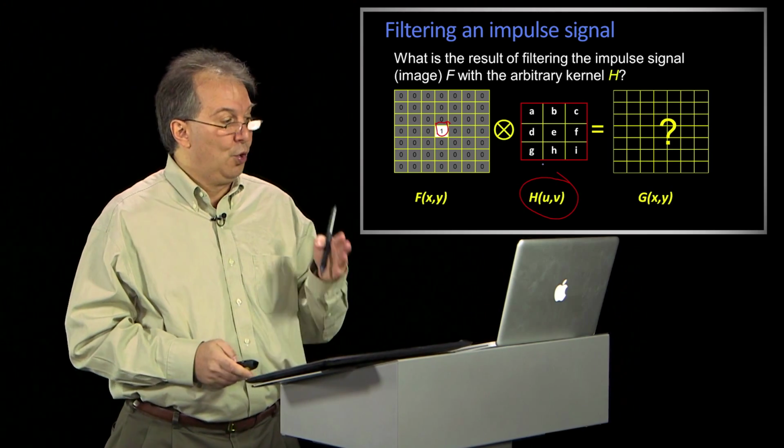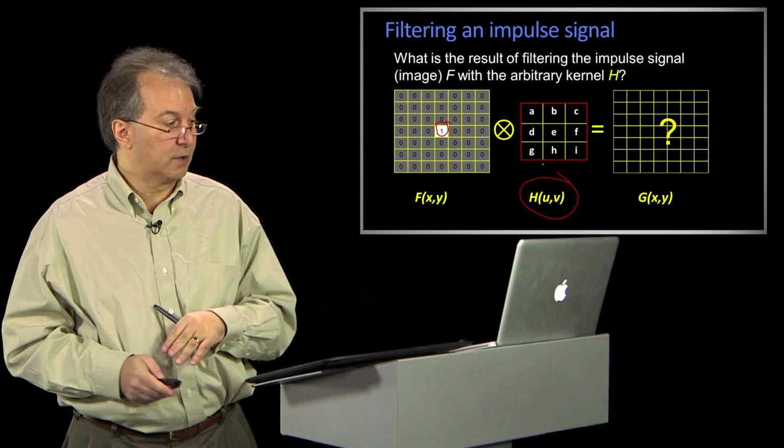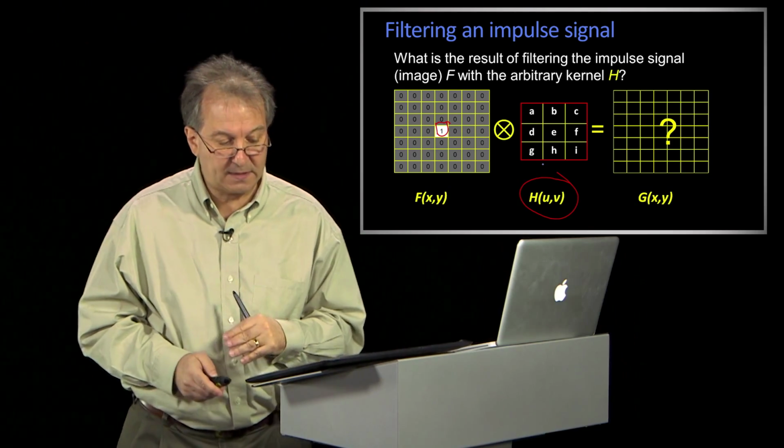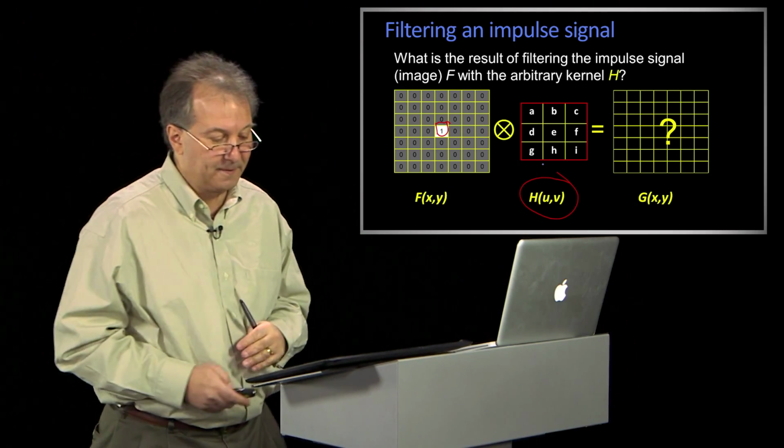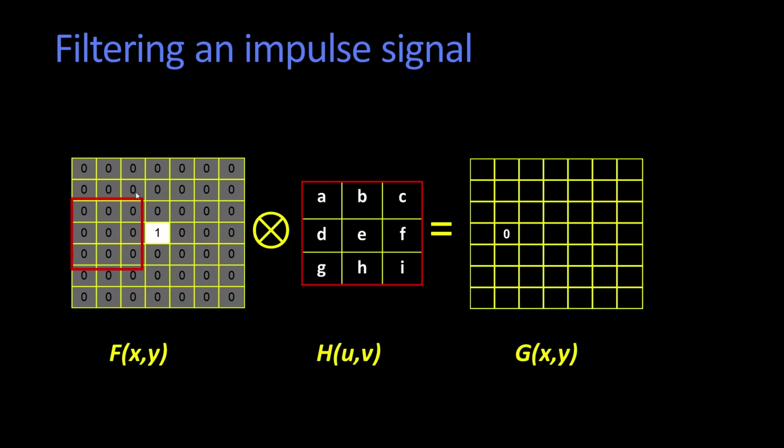So the question is, what is the output? And again, I want to thank Kristen Grauman for having made these slides so I can change them, steal them, move them around. So first I put down my filter, and you see my filter is over here like this, so it doesn't hit that 1 at all, and so its value is just going to be a 0. Fine, no big deal. All right, now move the filter over a little bit.